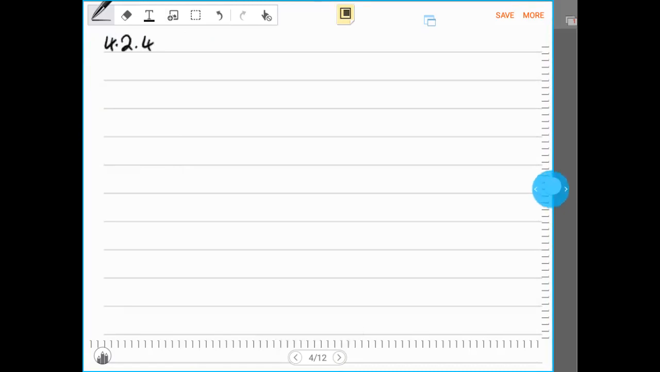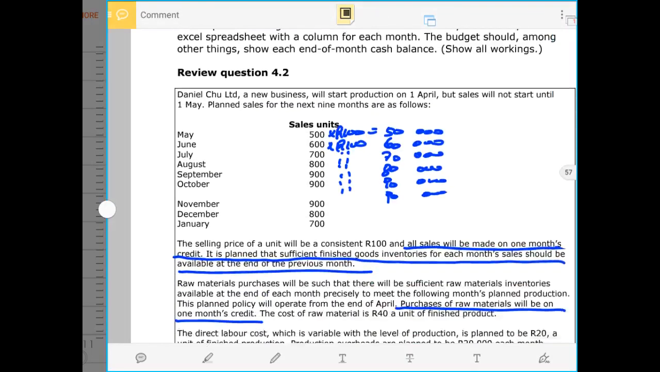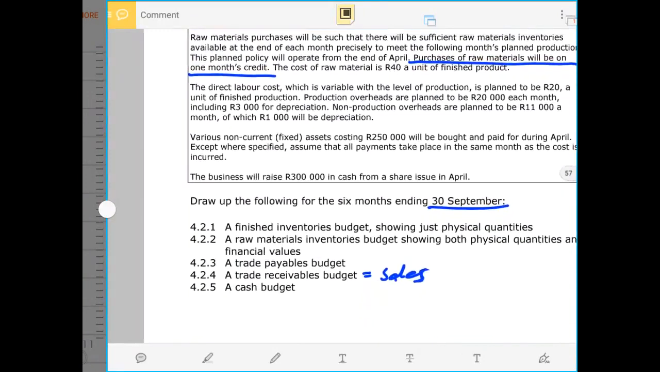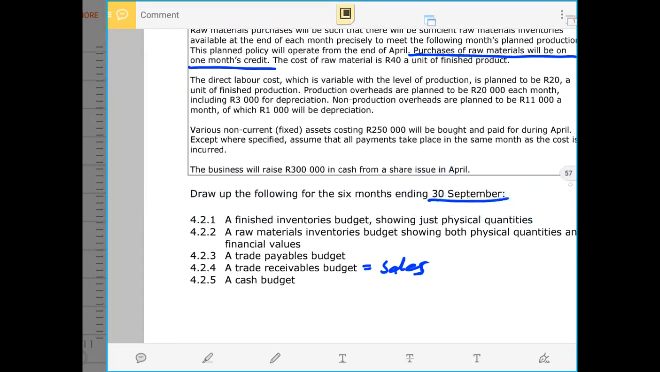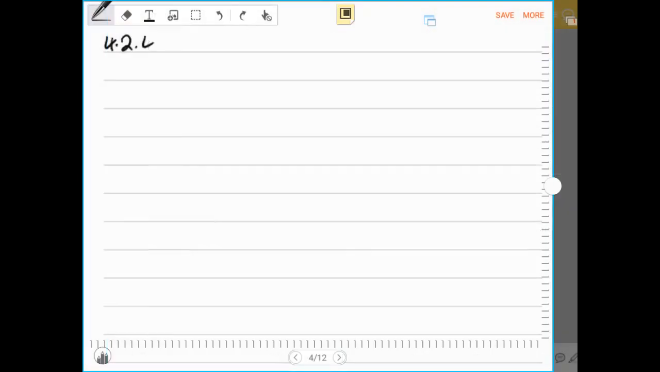4.2.5, yes, cash budget. So now we are doing cash budget. This is cash budget, which is the last question. And our cash budget now will record only the cash items. We start in the month of April once again. It is for the 6 months, April,